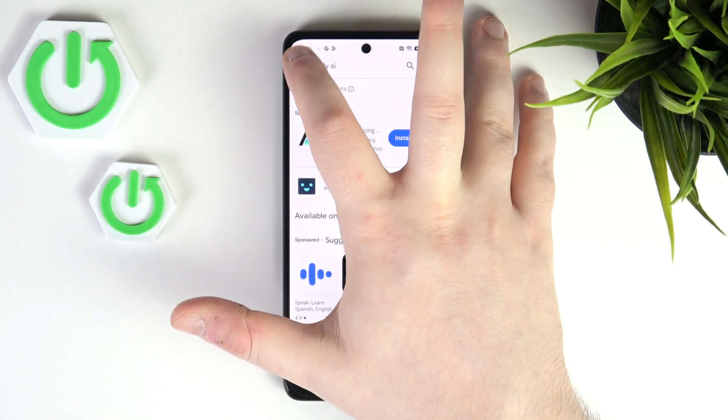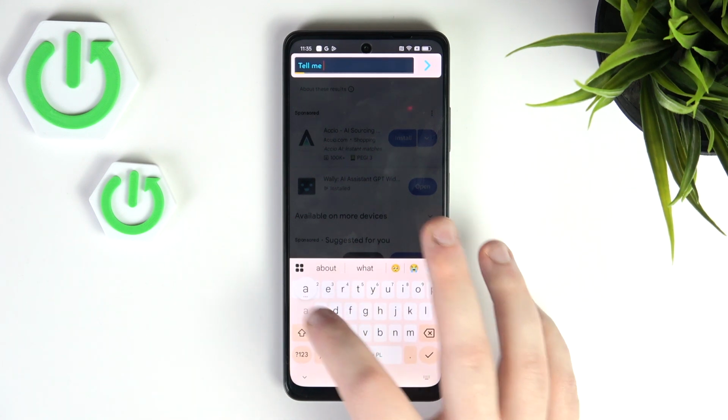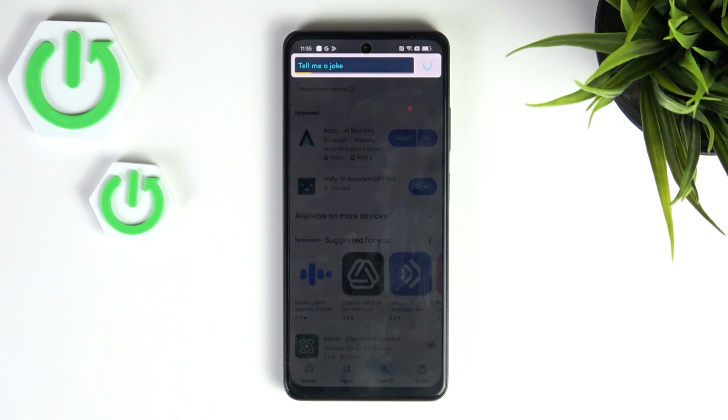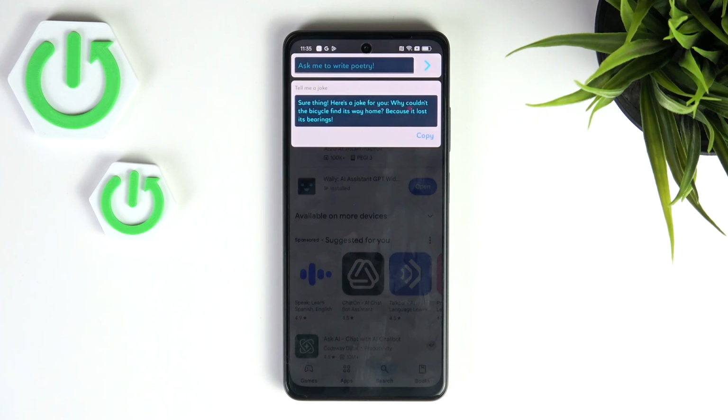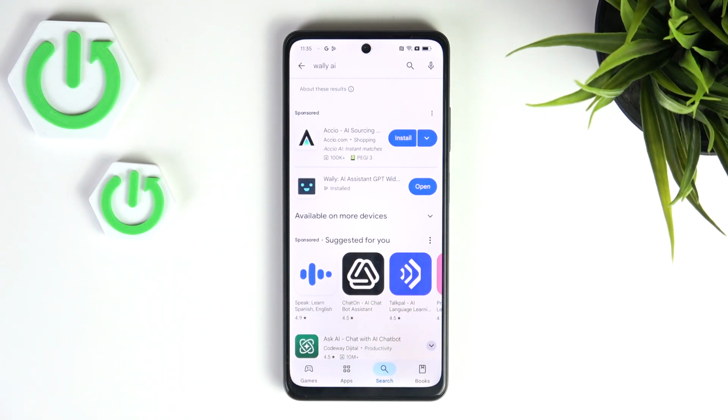And as you can see right here there is my ChatGPT widget, and I can open him and I can tell him to do something. And as you can see, he responded, and if you want to remove him from your screen, simply drag him into the X icon in the